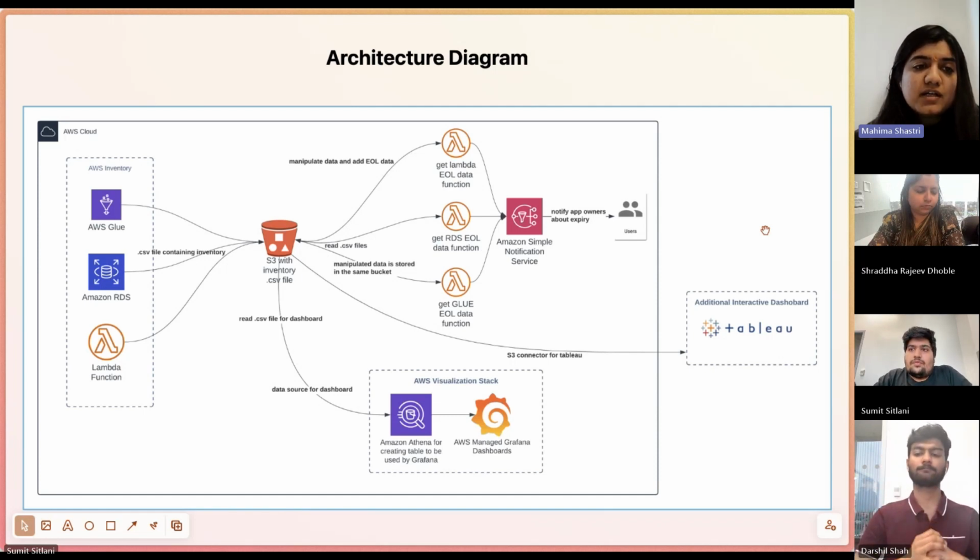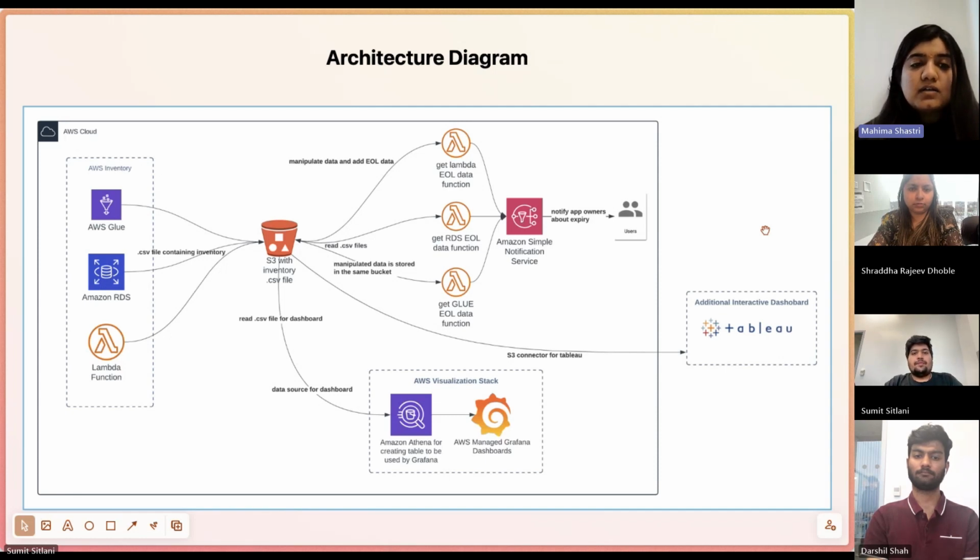Here we will be fetching the metadata of these services in a CSV file through Lambda functions. And again, these Lambda functions will manipulate the data and fetch the end of life data, and it will compare that end of life data with an API as well, and again append the data in the S3 bucket